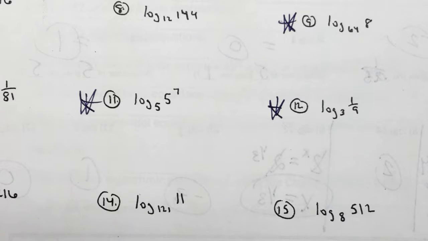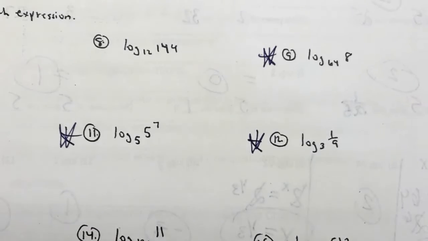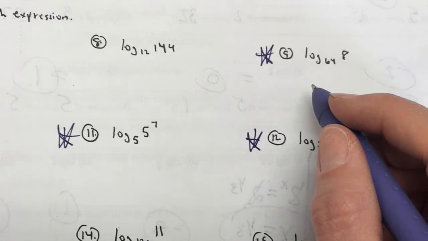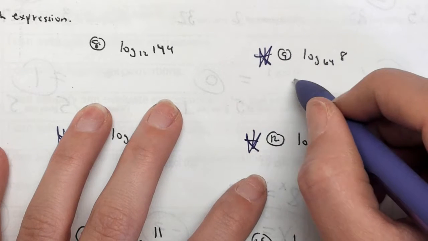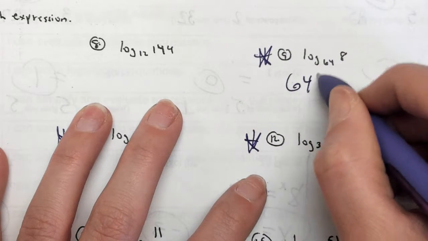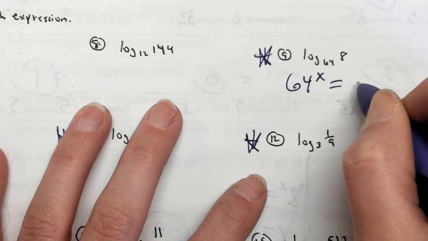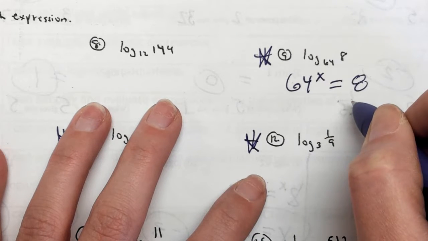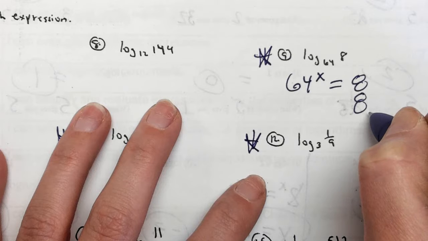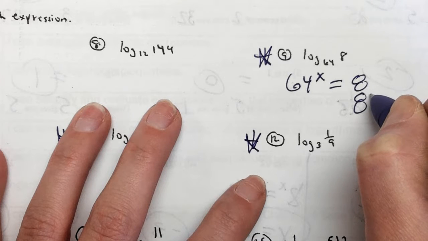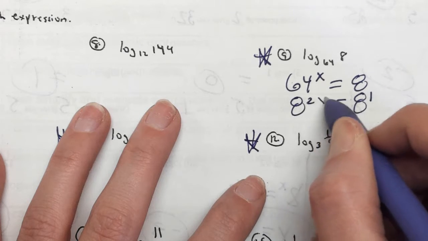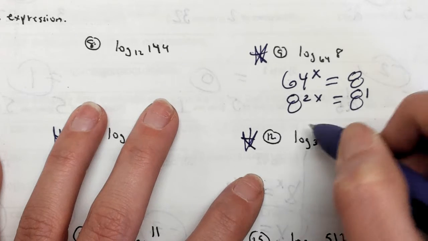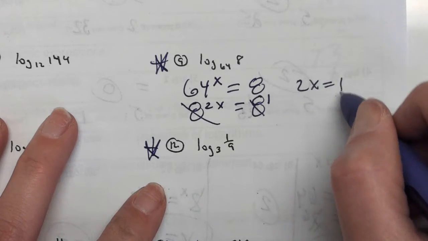Alright, let's talk about it. Sid, what'd you get for number 9? 1. Perfect. Let me rewrite it. So it's saying what power of what? 64. So what power of 64 gives me, what's the common base? So I don't have to change this one, right? What's the exponent? This one I can change to what? 8 squared. Cancel out the what? I get 2x equals 1. So x equals,